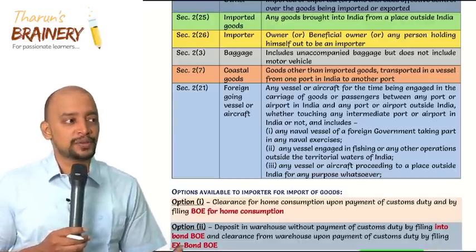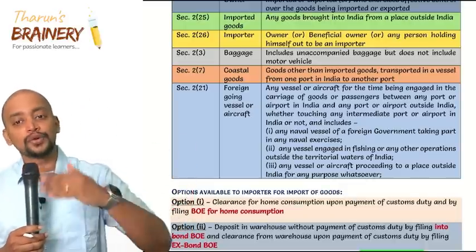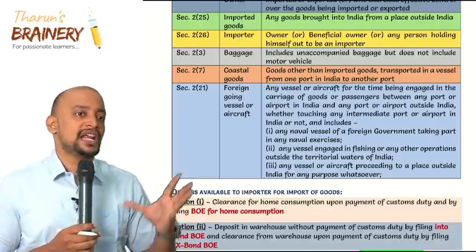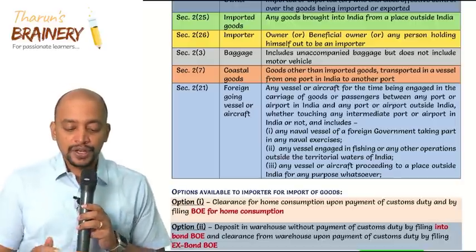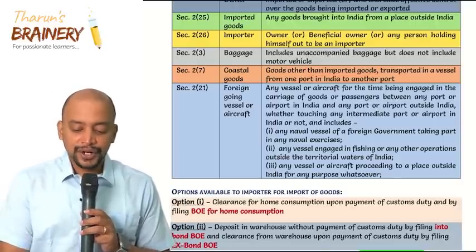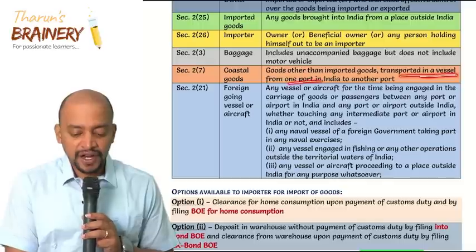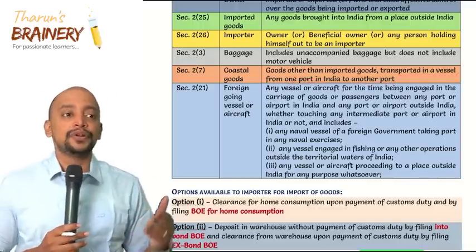That is waterborne, touching the coastal waters, because compared to roadways, seaways is better for larger consignments. So these goods are called coastal goods. Goods other than imported goods, transported in a vessel from one port in India to another port is known as coastal goods, and the provisions